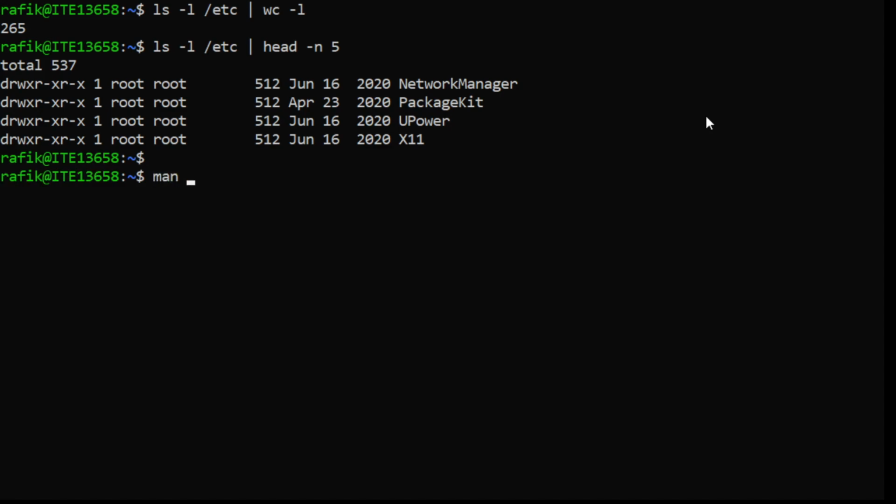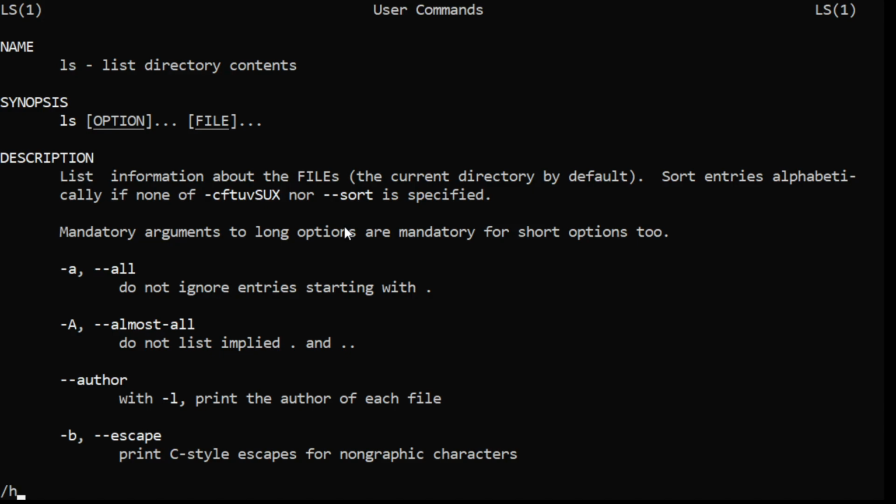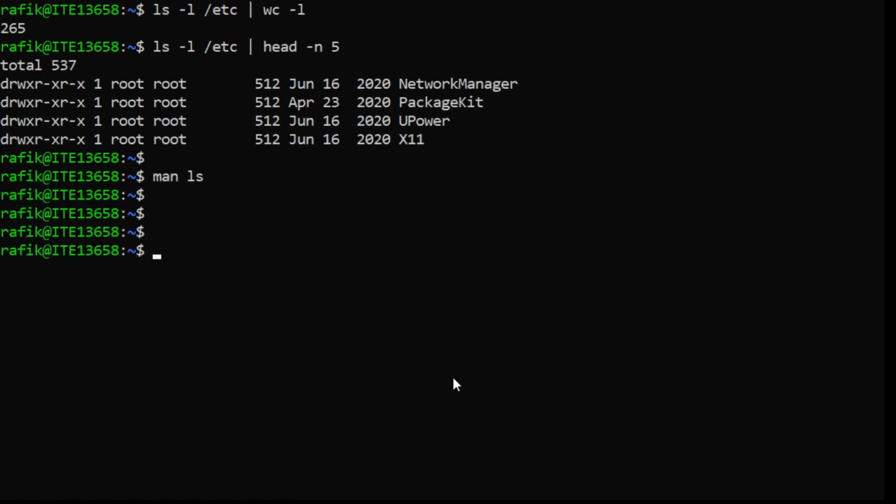But I guess there is an option if you want to ignore this header here. So if we check the man of ls and search for header, okay, it seems that there is no such option. That's fine. But if we want to count how many items, meaning files and directories, there are in this directory